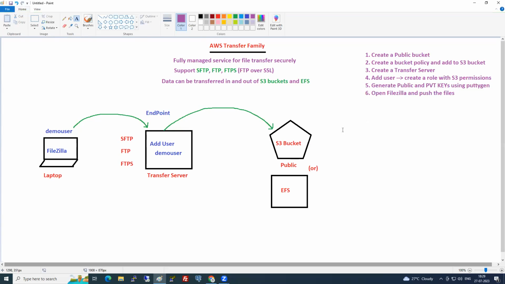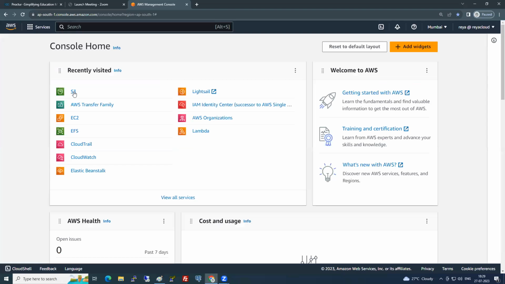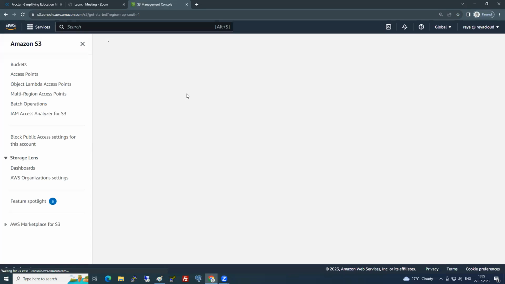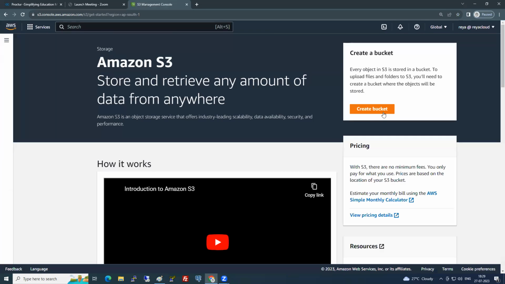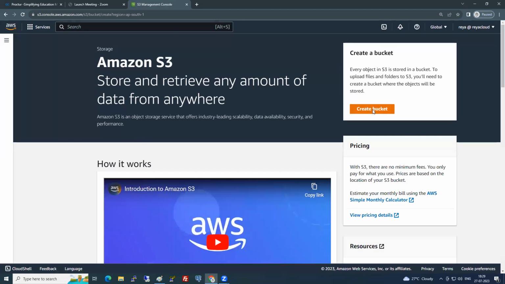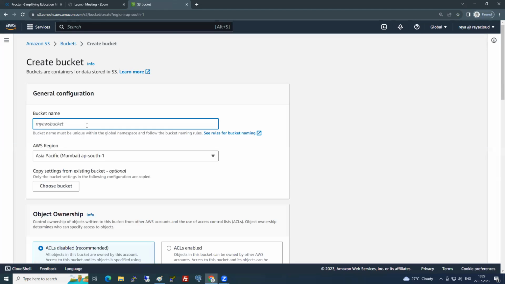So should we go and do the practicals so that we can add multiple, you can add if required. Okay, what is the first thing? Create an S3 bucket. Public or private? Public. So click on create bucket. And can I call it 6 p.m. Transfer